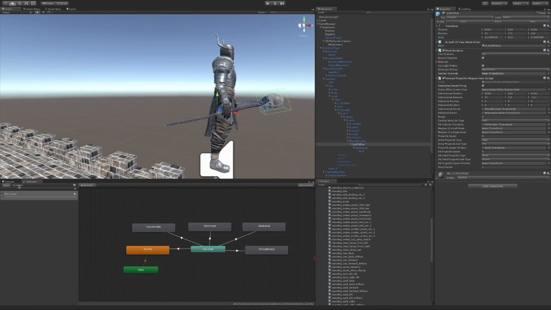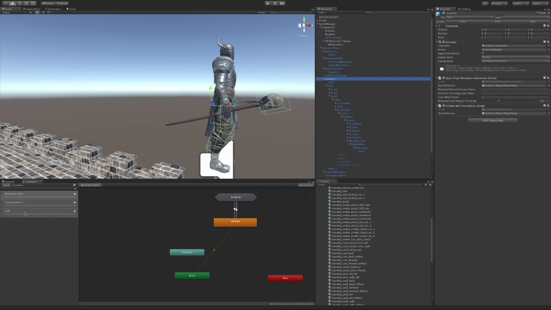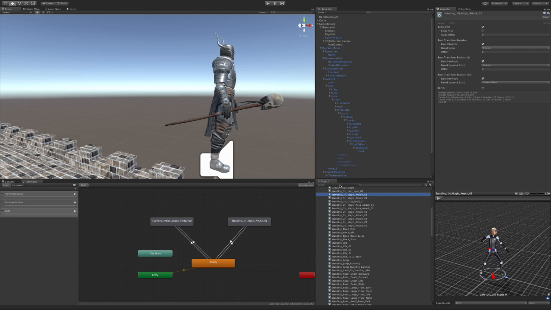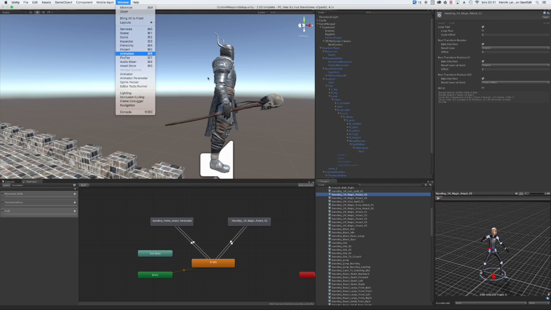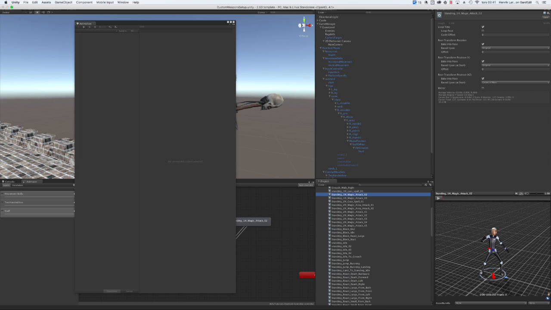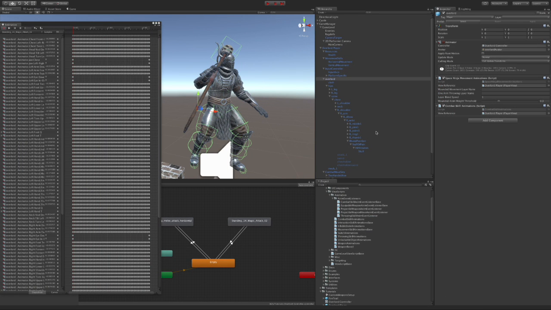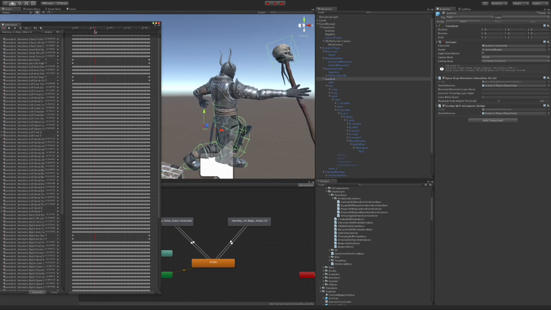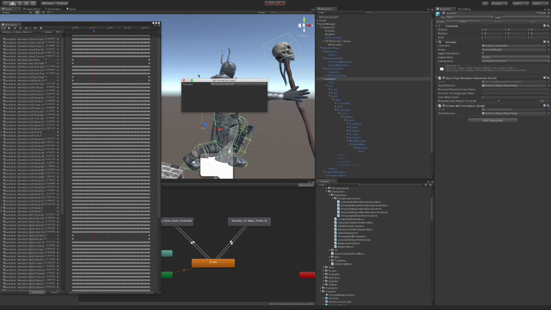So let's do that now. We go to this animation here, and then we need to open the animation window here. Why isn't it? Okay, let me just check this really quick and I'll be back. Okay, so I had just forgotten to select the Overlord. Now we can choose standing one-handed magic attack here, and we can go forward until, yeah, about there. Then we create an animation event, we edit it, and